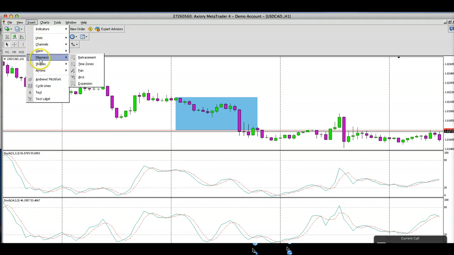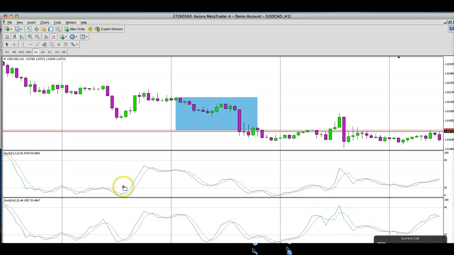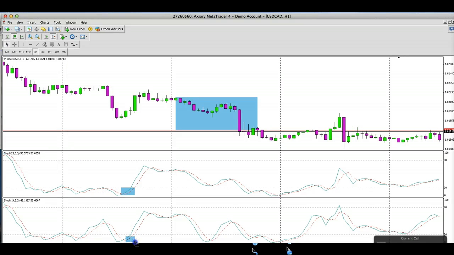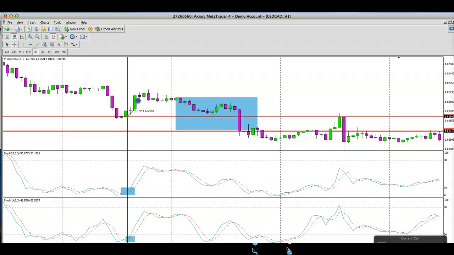Now, I need 3 or 4 reasons to take a trade. Number one, stochastics indicator is oversold on the 14 and 21. That's number one reason. Number two, I have a color change candle, right? And then number three, I take the trade 8 pips above the close of this candle. Now that's our scalp system. And this one went up 35 pips. All right, now that's one trade technique that we use. Okay,